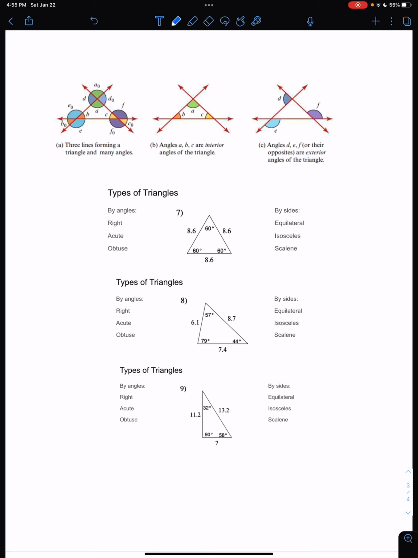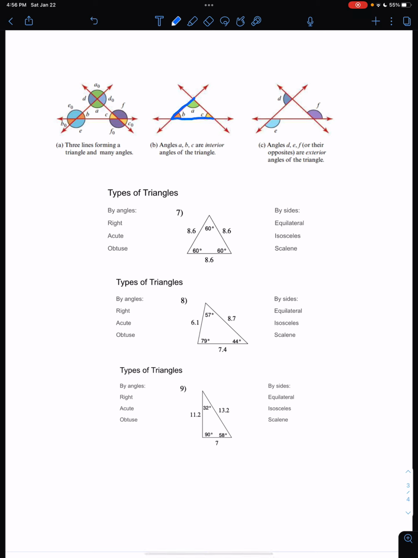Now, just like we saw with our pairs of parallel lines cut by a transversal and finding the angle measures for corresponding angles and alternate interior and exterior angles, when we have three lines that intersect, we can form a triangle. And we can find out some properties and some relationships between all of the angles formed by those three intersecting lines. So, first of all, we have one relationship between all the angles inside